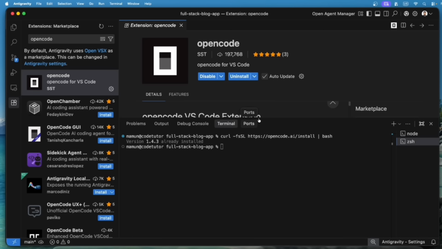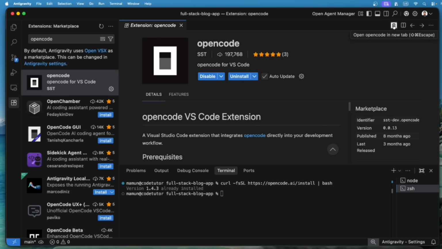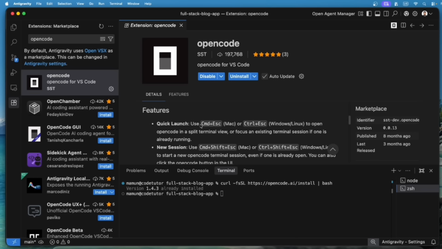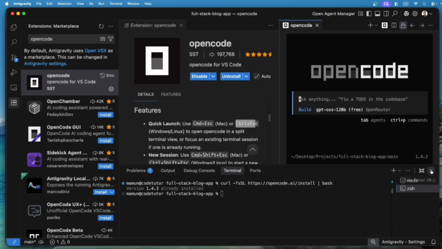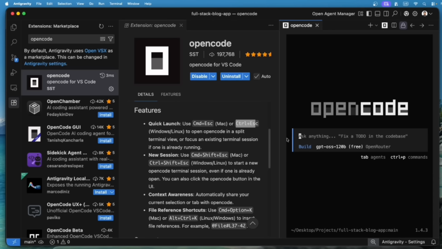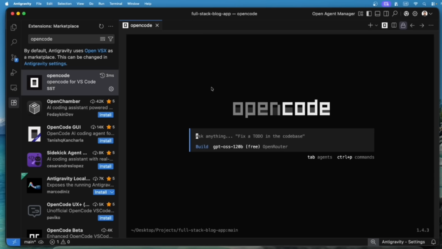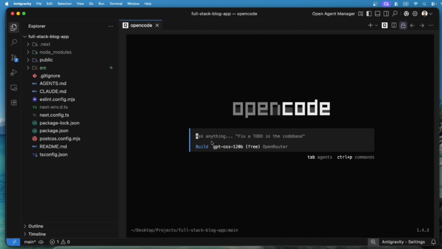Okay, so when it's added, you will have this type of icon here. You can use command and esc from your macOS, or you can simply press ctrl and esc to open this open code, or you can simply click here. If you click here, you will have this type of interface. And after that, if I just close all of this stuff, you can see